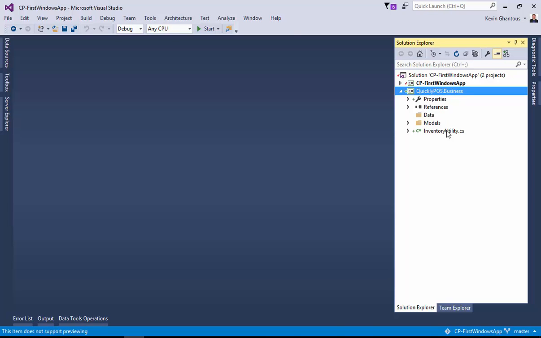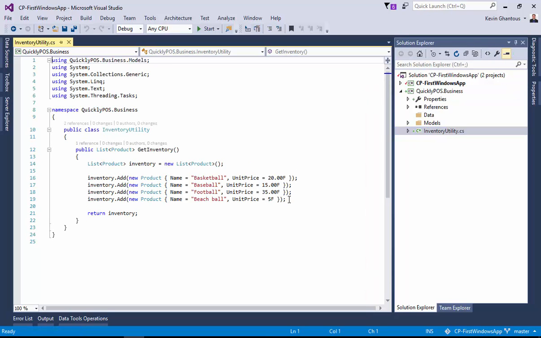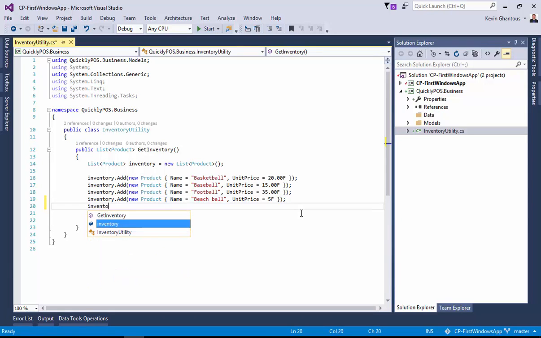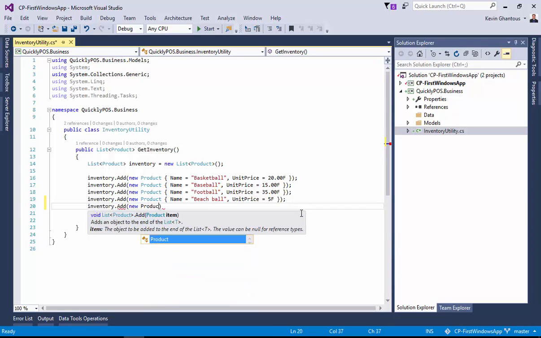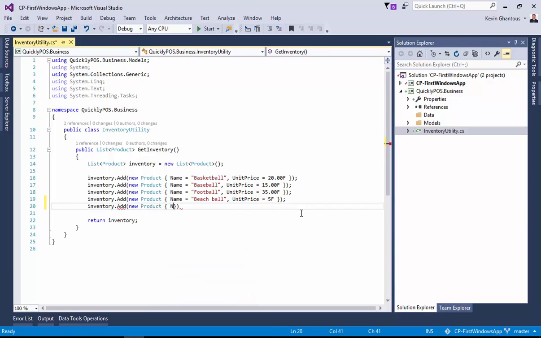And now since I'm working in here, I'll open up the inventory utility, and I'm going to add another item to my inventory. I'll make the name equal to Soccer Ball, and I'll set the unit price equal to